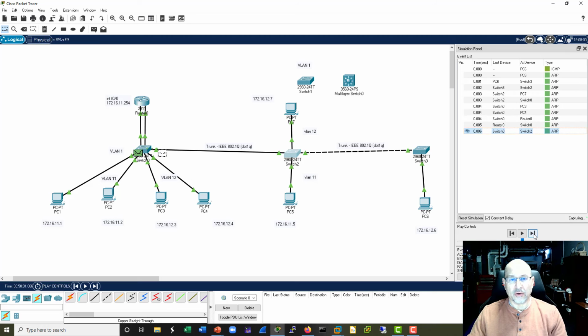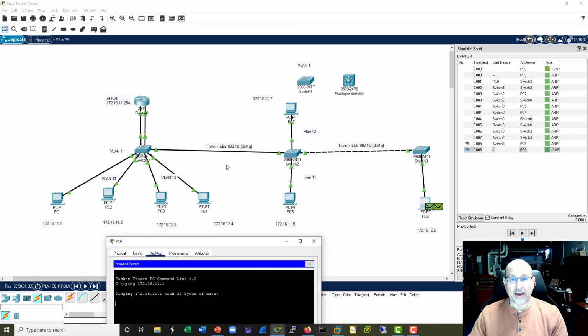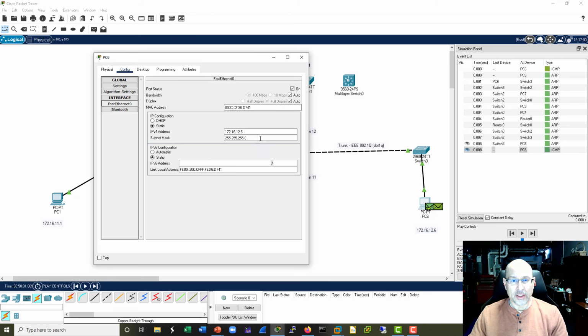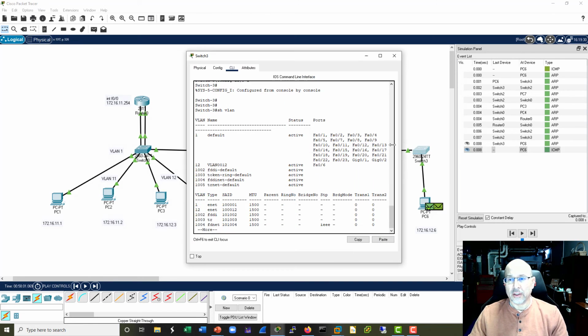Comes back down. It'll be tagged for VLAN 12 going all the way back across, but now everybody knows. Everybody's learned now where 12.6's MAC address is. So if I take a quick look at that and I say, well, what is the MAC address I'm looking for? D741. Well, switch 3